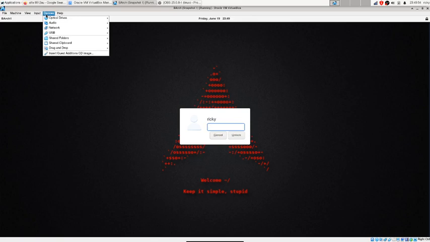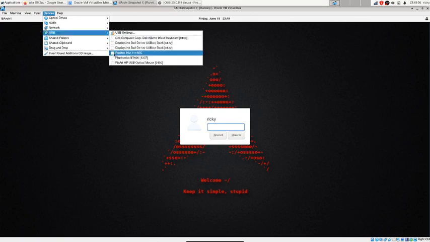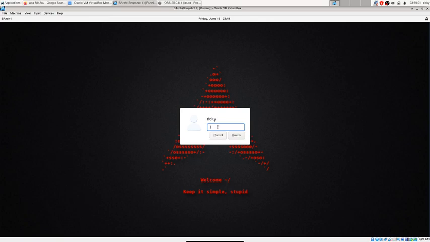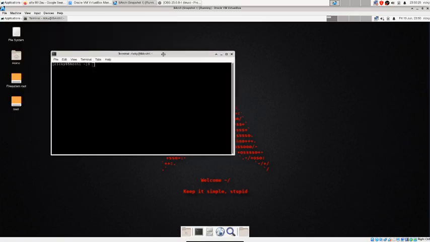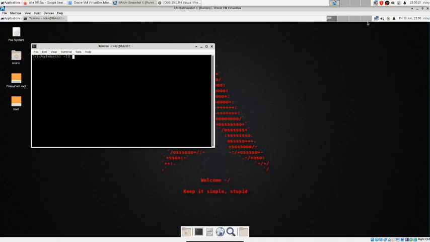Here, go to this one and USB. I'm presenting this one. This is my Wi-Fi adapter which is connected to my host system. You can see on the top right-hand side, it is disconnected from the host and connected to the guest now. So if we connect it to the guest, BlackArch, which we are using, okay, we are logged into BlackArch. So here you can see that it is connected.